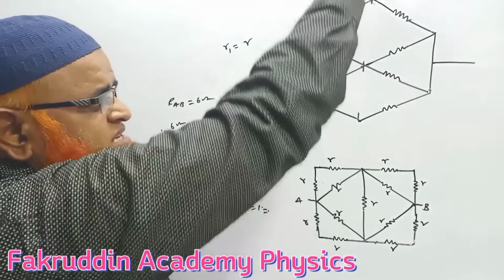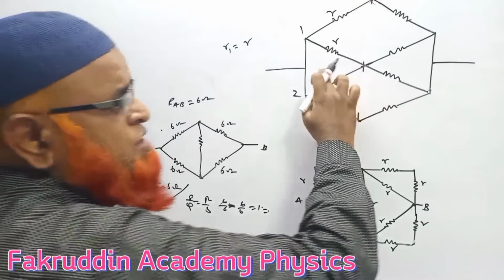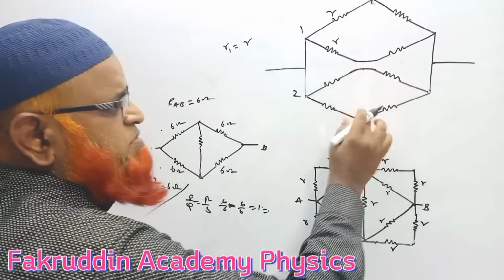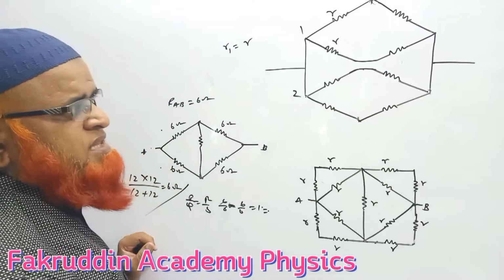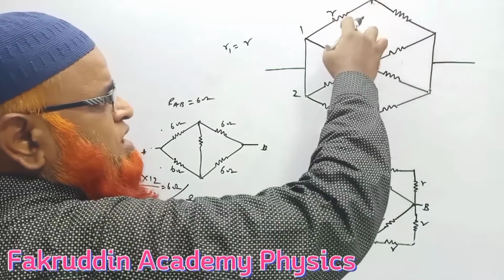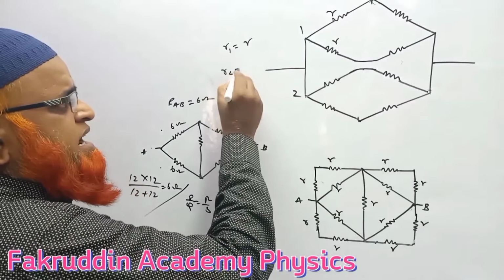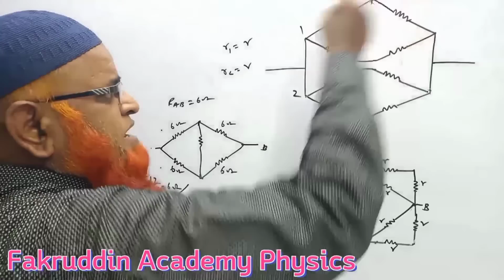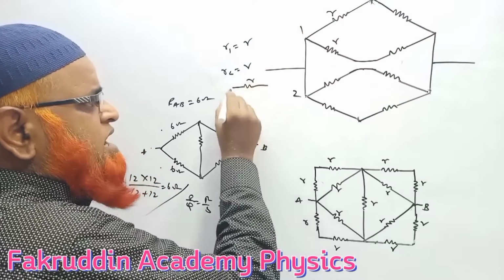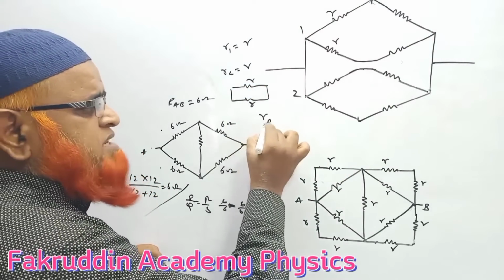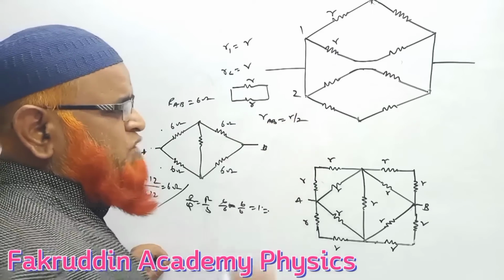Isn't it? And this is what is called symmetry. So you can disconnect these two like this. It's a case of symmetry, we can disconnect this one. Then what happens? This 4 will become r. This 4-resistor Wheatstone bridge again is r only. The upper one is taken as one resistor, small r, and the lower one is taken as one resistor, small r. And I told you the resistance across AB will become r by 2 here.